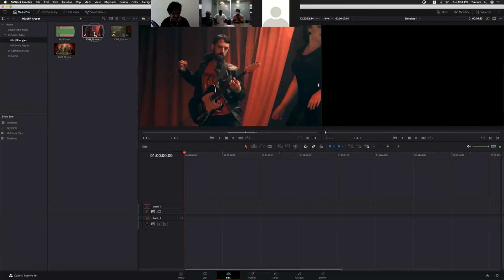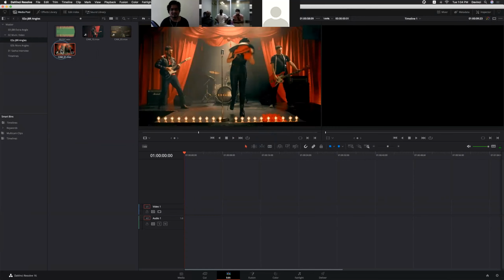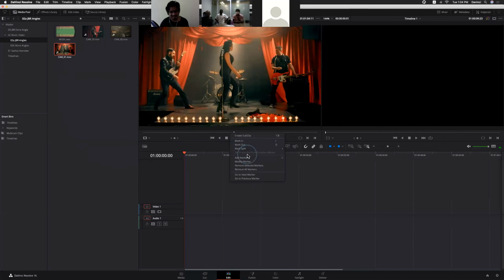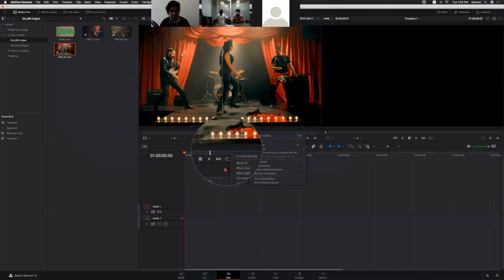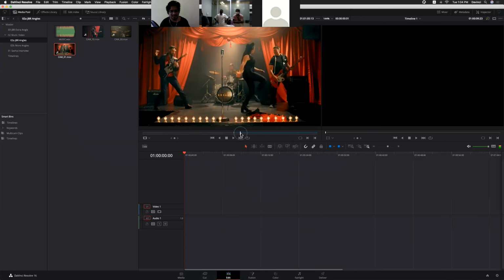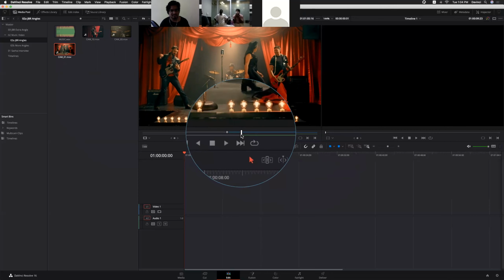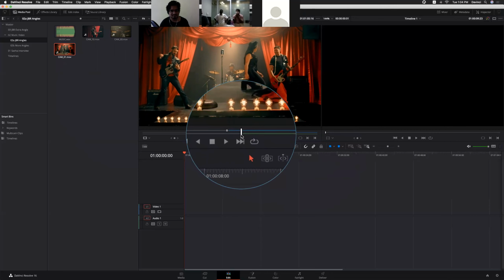We have added in and outs in CutPage. To clear the in and outs, it's the same shortcut, Option X. And by right clicking here, you will find even the split options also. The audio video split. It will separate the audio and video in and outs. Only audio in, only audio out, right? We do have these options for split edits here also. By right clicking, blue represents the video portion, green represents the audio portion, right?